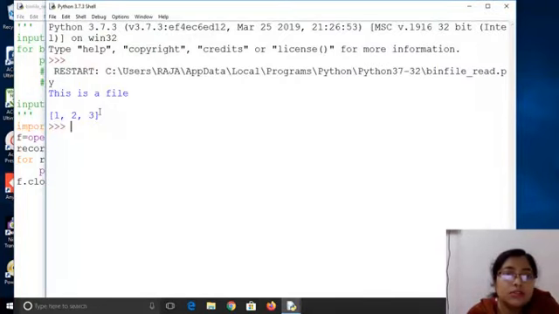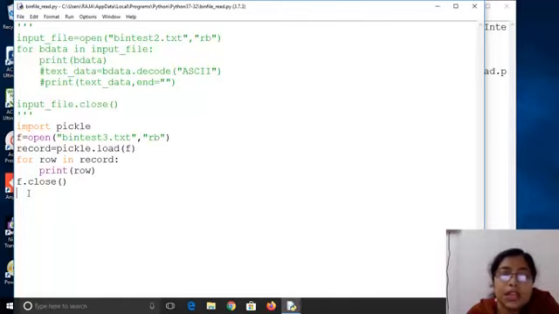Just like we read the text file, we can have this list or whatever we want to write. We can write it using the pickle.dump method, and again using the pickle.load method we can read each and every data type. So this was the problem of the binary file: we have to convert the data to byte code or binary data before writing to the file, and only then can we write it to the binary file. And whenever we are reading the file, we will not be able to read it in the text format, so we also have to decode it to the textual format.